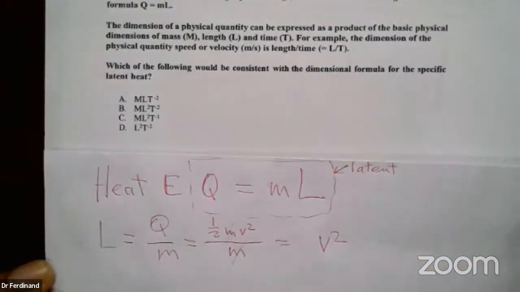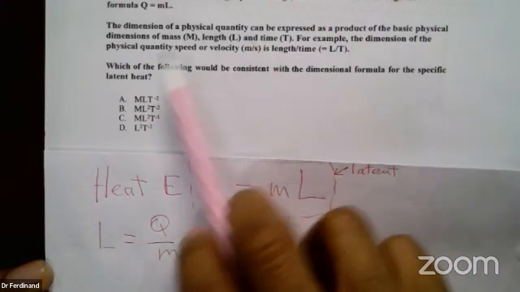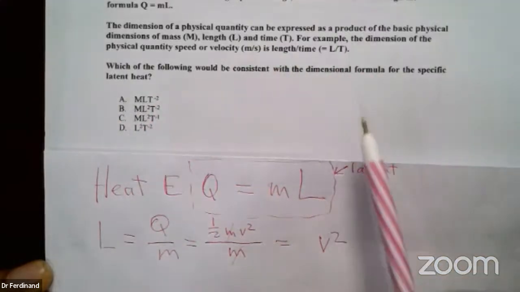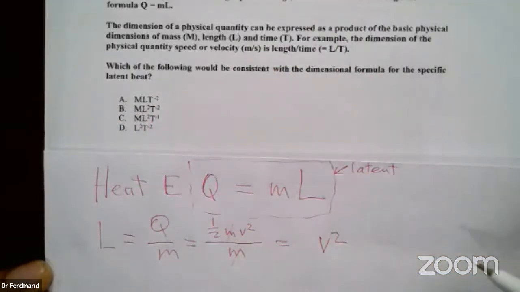Now, I know some of you are going to say, what happened to the 1/2? Does the 1/2 affect the units? If you have 1/2 Newton or 10 billion newtons, does either of the numbers in front of the units affect the fact that it's newtons? No. And what this question is about is finding what are the units.